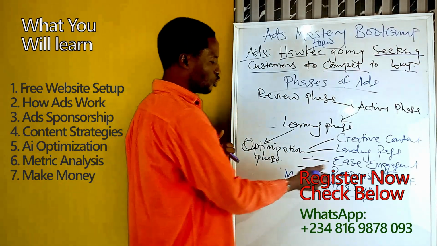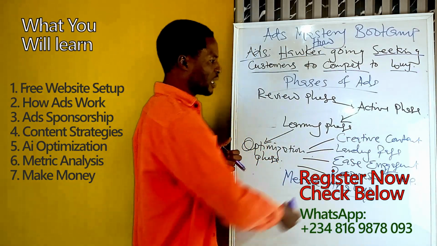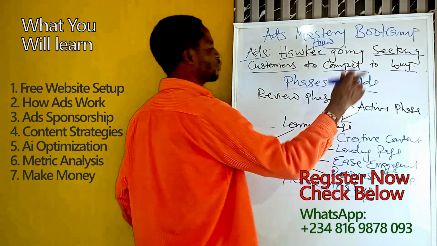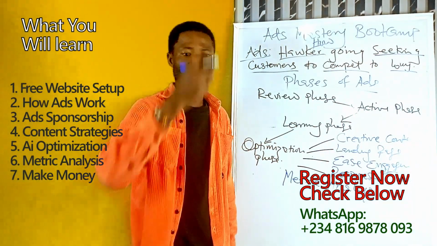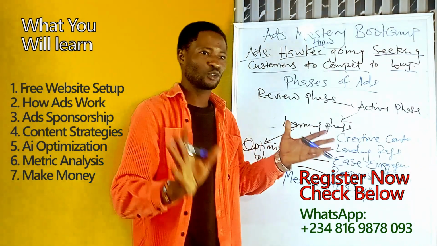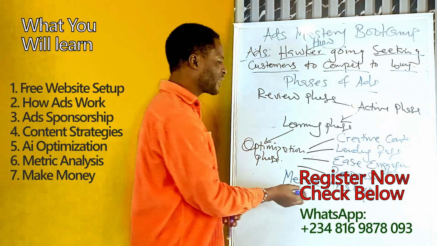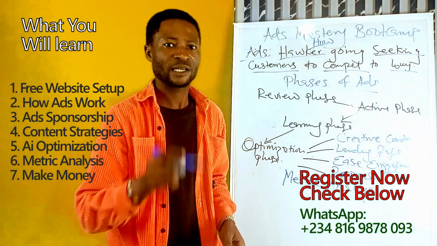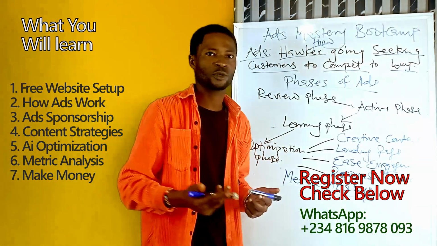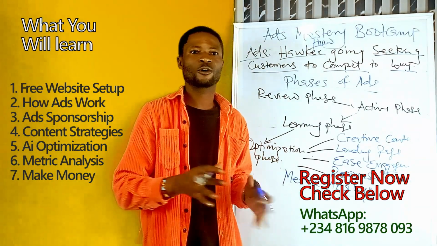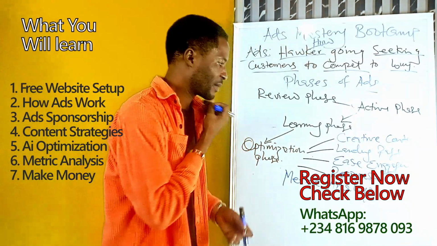Oh, am I supposed to look at my response time? Am I supposed to work on my engagement, the ease of engagement? Am I supposed to work on my landing page? Or am I supposed to change my creative content entirely? And if you are changing your creative content entirely, it means that you're actually changing your whole heart. You are creating something totally different. So metrics analysis will help you to do that. And in this course, we are going to break all of these things down to the bottom. These are the things you cannot get from your usual digital marketing course.